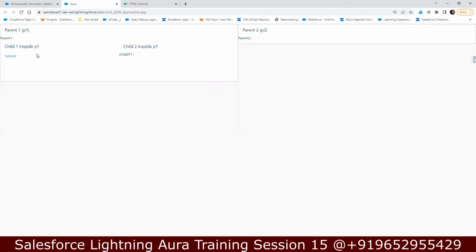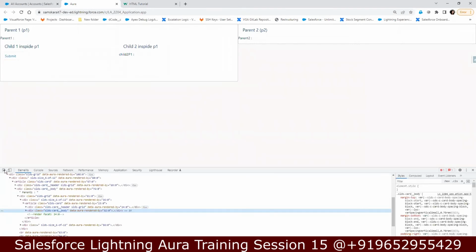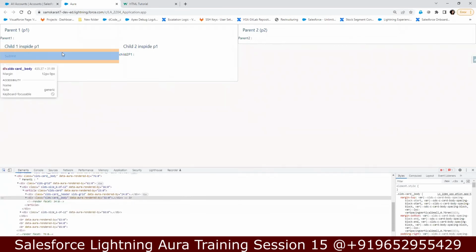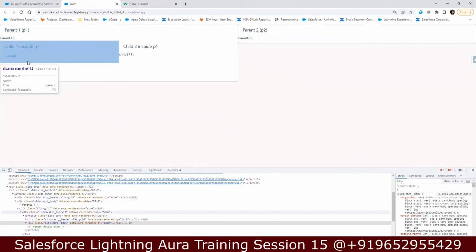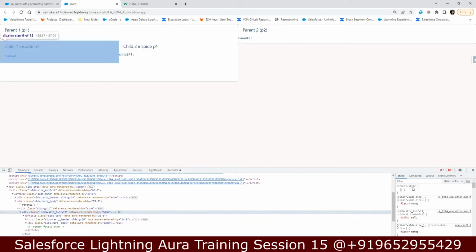Let me see the other way. Search, snipping. Okay. Okay, this is my size. Okay, border equal to